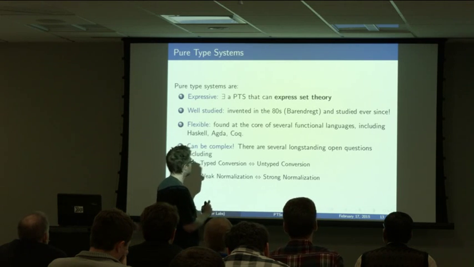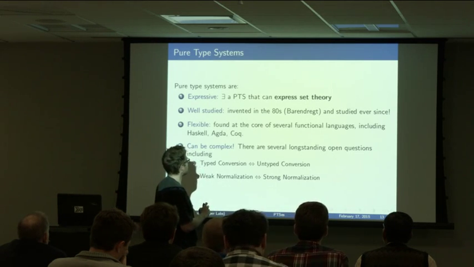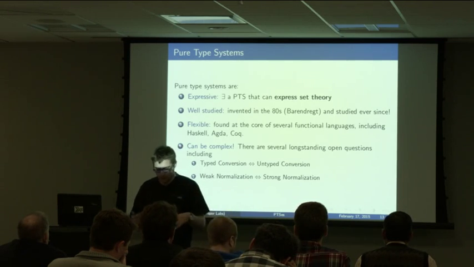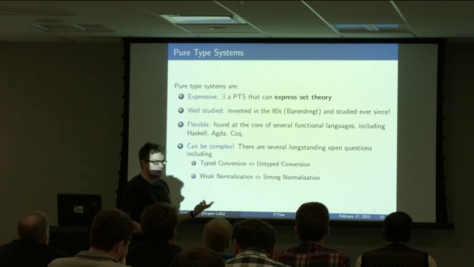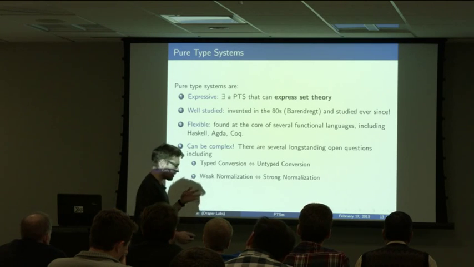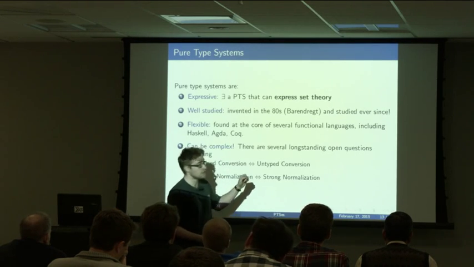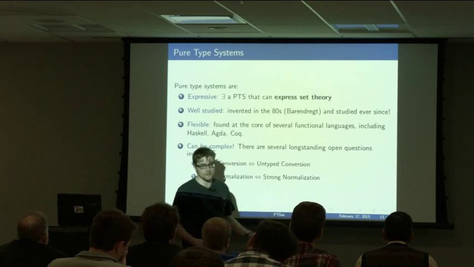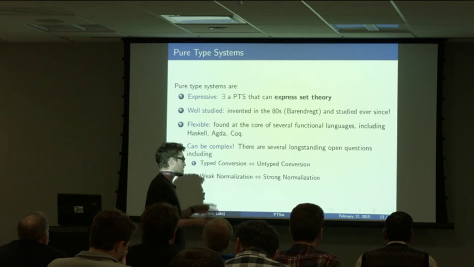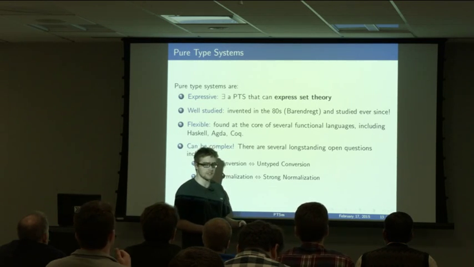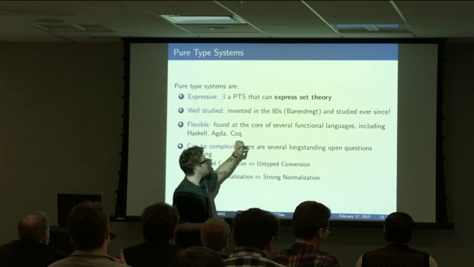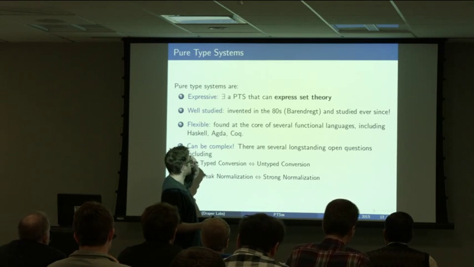All right, so here's the cliff notes on pure type systems. It was described in the mid 80s, I think, probably near the end of the 80s, like 87. I should know this, but I don't. The most famous reference is Barendregt's book. So if you Google Barendregt pure type systems, the first hit is going to be some giant PDF file which tells you everything you wanted to know and a lot of things you didn't want to know about pure type systems. And it's extremely expressive.